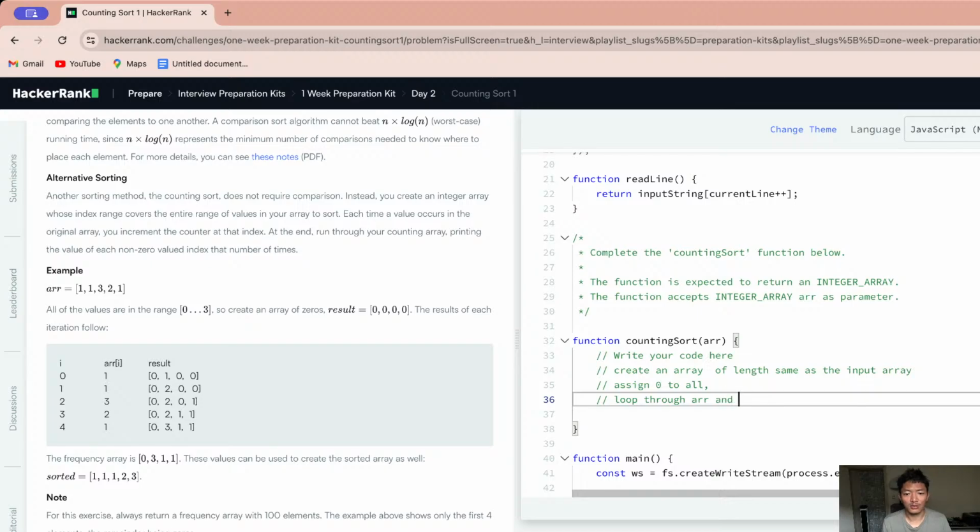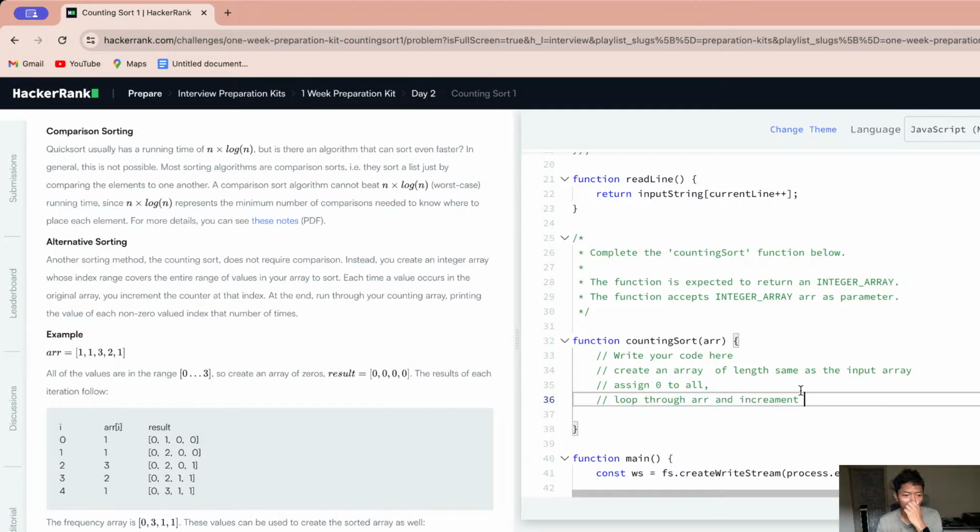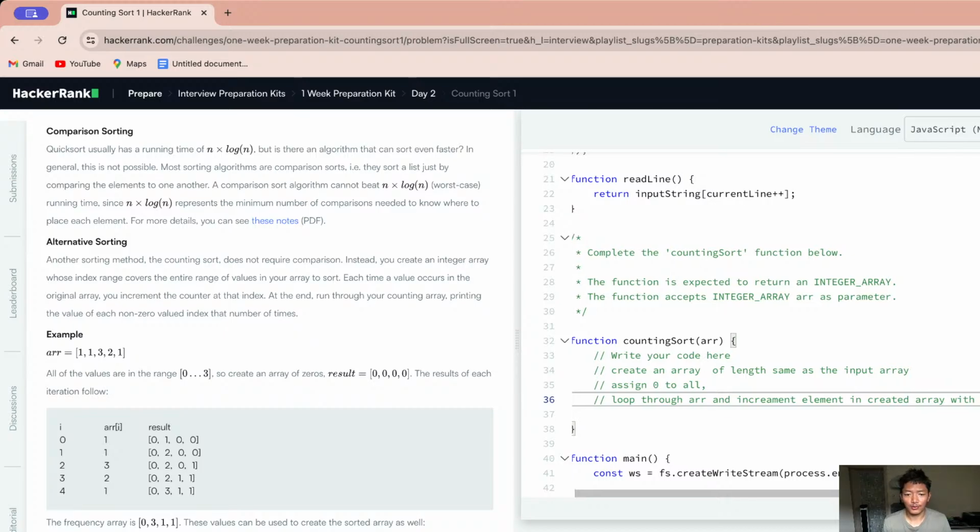arr and increment the index, increment the elements in the created array with index of the current arr index, because we are in the loop, right? So let's do